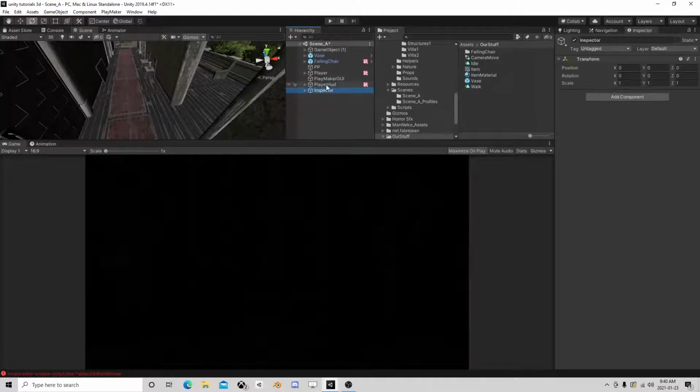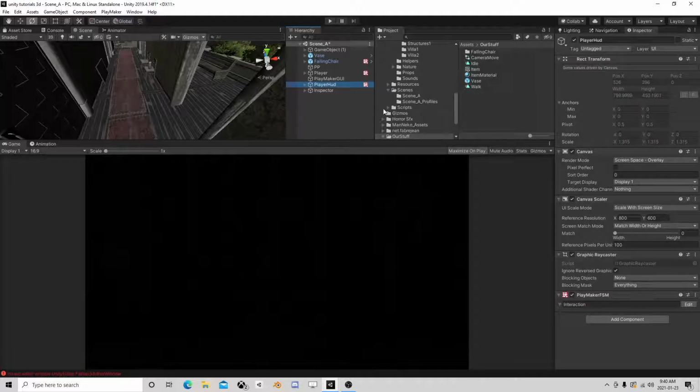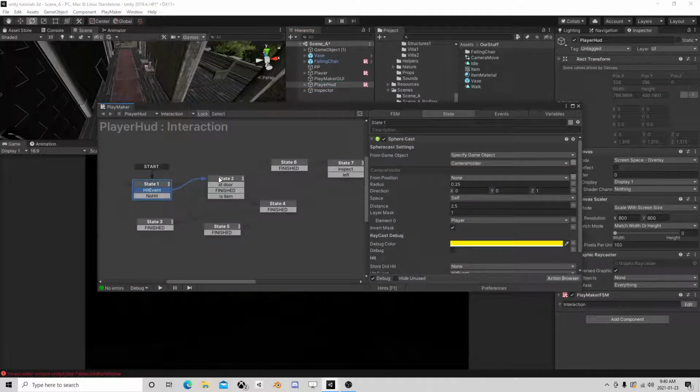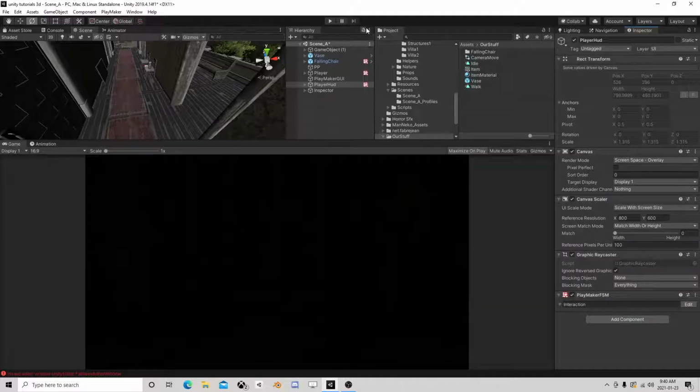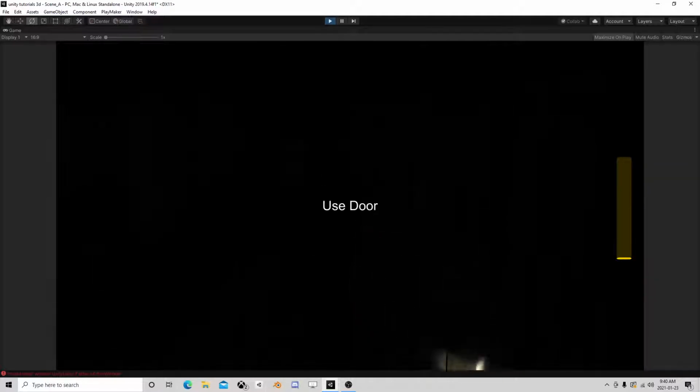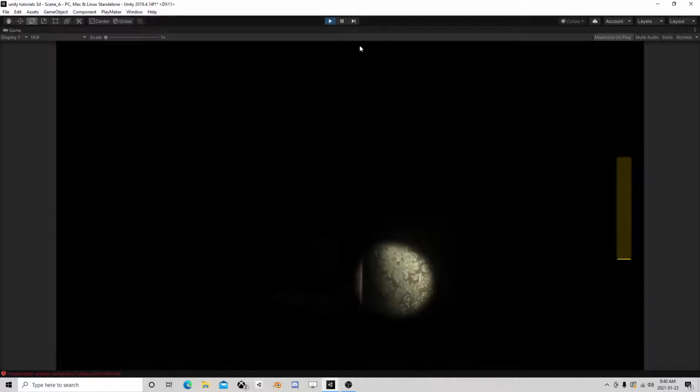Okay, now let's go back to this guy. And sphere cast, let's do interactions, take the invert off. We're just going to hit interactions. We don't need to hit anything else. We don't need to hit walls or stuff like that unless we want to. Right? Then we'll put them on the interaction layer. So there's his door. Okay, so there is